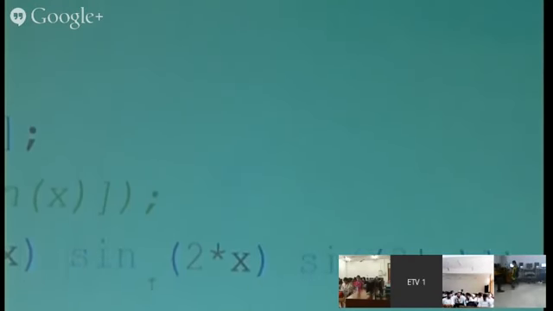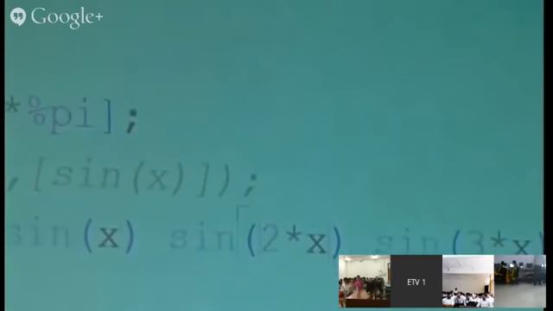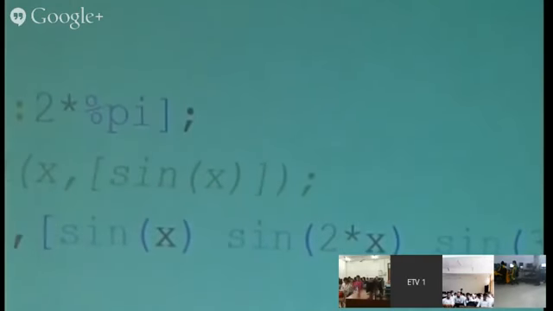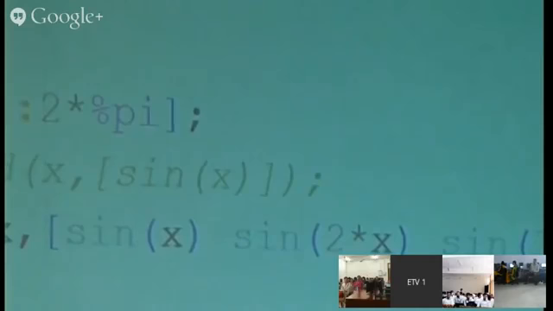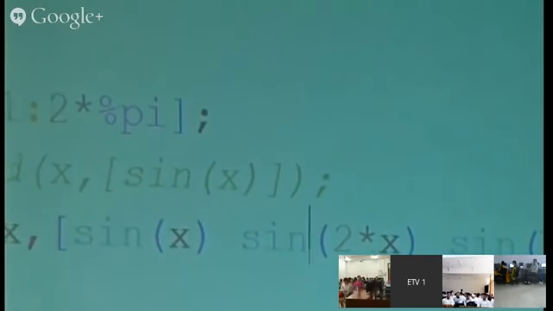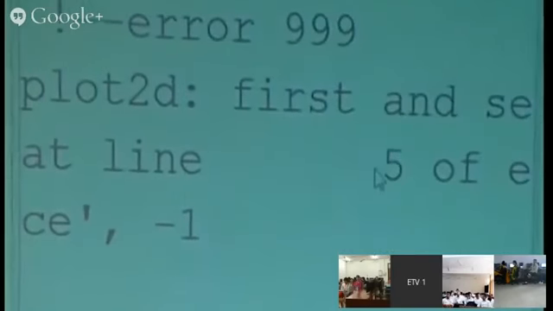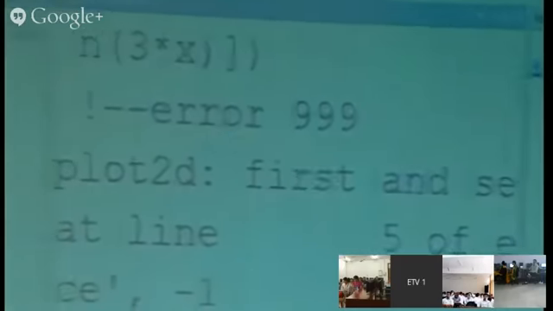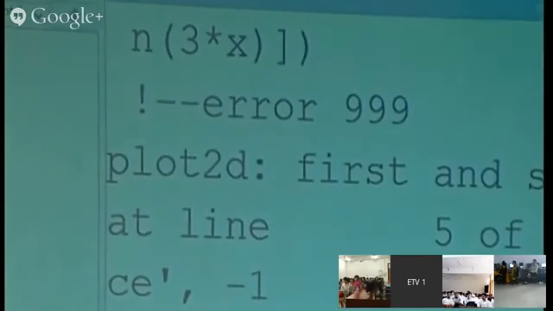So you have to be careful about the spaces and the commas in Scilab while writing the code. As we can see, there is an error in 3 into x.